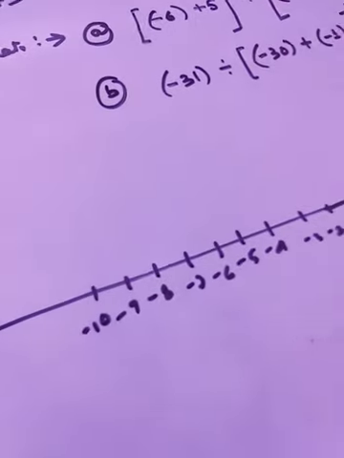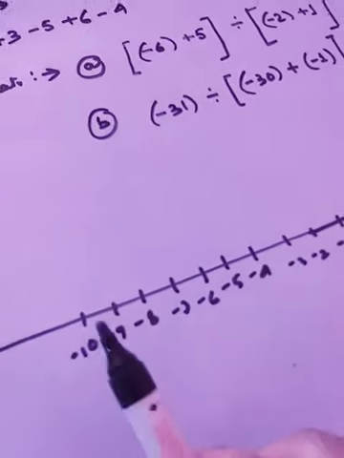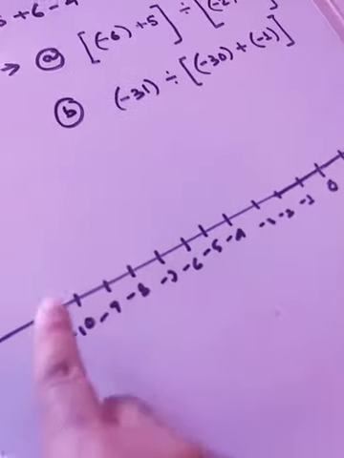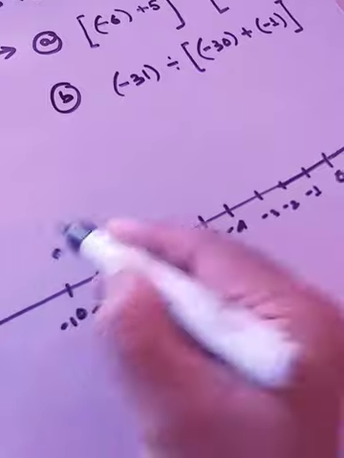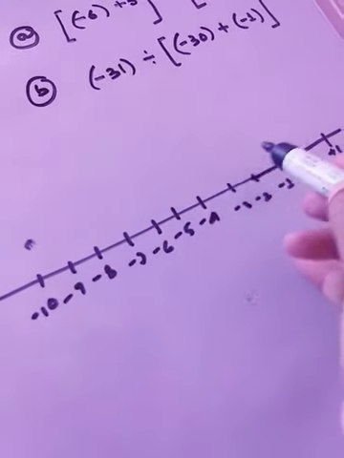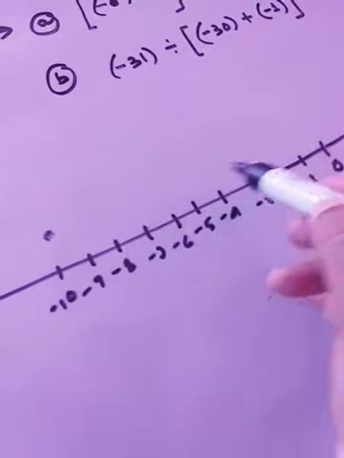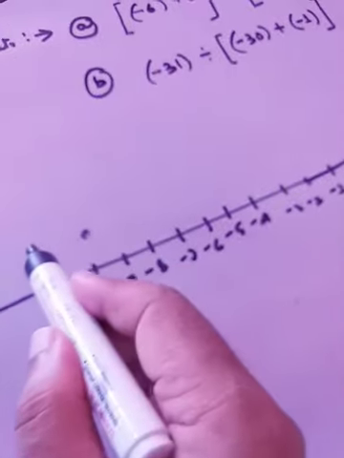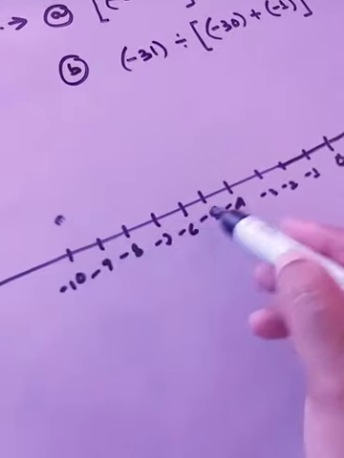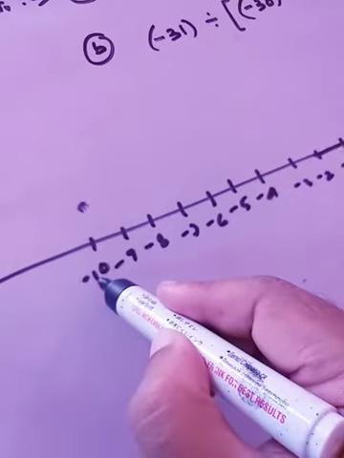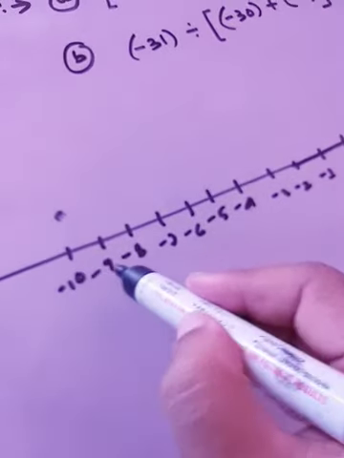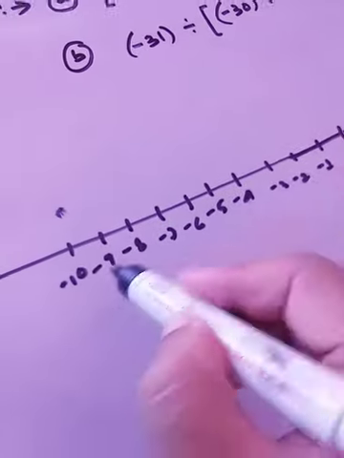Smaller than minus 10. Always remember that in the case of negative integers, the more you move towards 0, the more you are proceeding towards a larger number. Suppose you are standing here, and if you are moving towards 0, then you're moving towards a larger number, and the more you're moving away from 0, you are proceeding towards a smaller number. That means minus 4 is greater than minus 10, 0 is much bigger than minus 10. Understood? So these are all the larger numbers if you compare with minus 10.